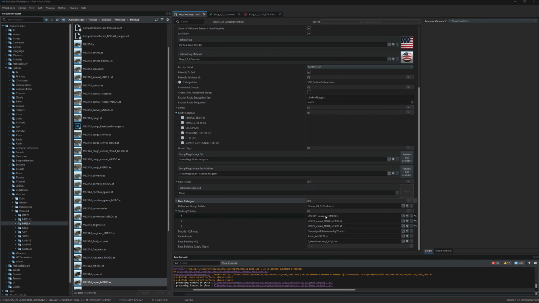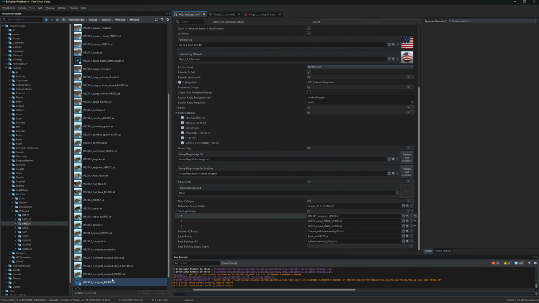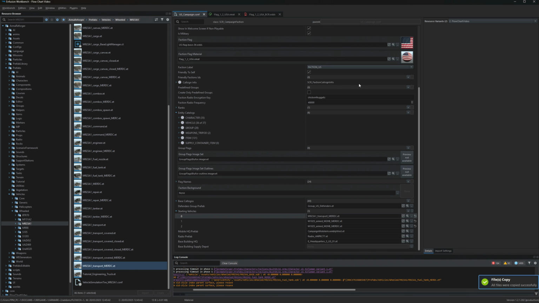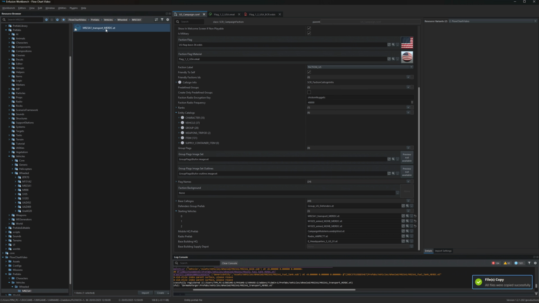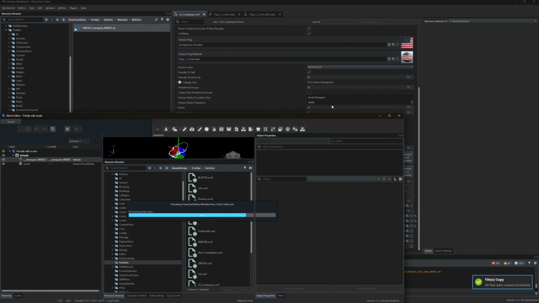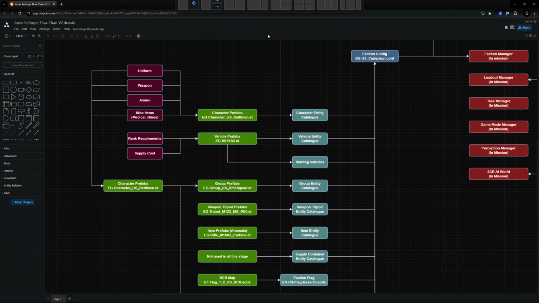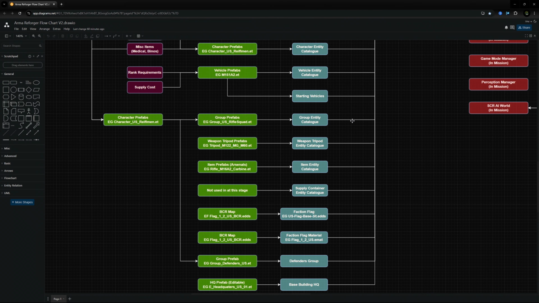What we've got here, one of these starting vehicles, the M923A1. If I click on this, it goes to the prefab. I'm just going to right click and override so that I can go inside and modify it. Right click, edit prefab. So inside here, as I mentioned,